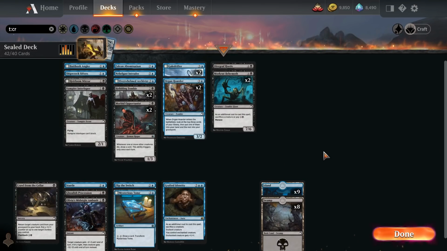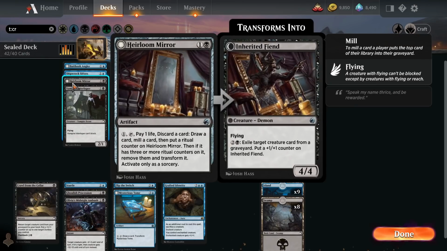Yeah, just cut all 3 of these and then cut 2 more creatures, I guess. Go a little bit low on the creature count so we can play all our fun non-creature cards. I guess we could cut Heirloom Mirror. I feel like this is probably the slowest card in the whole deck, probably even worse than the Mysterious Tome in terms of speed. We could cut the Mirror and the Tome, I guess, if we really want to, because